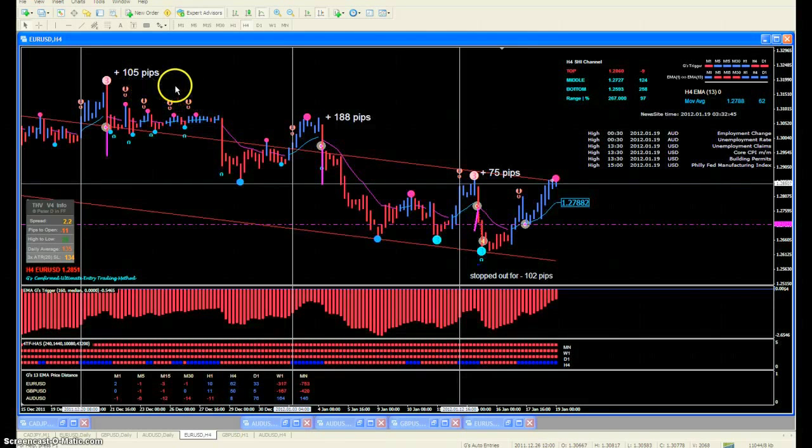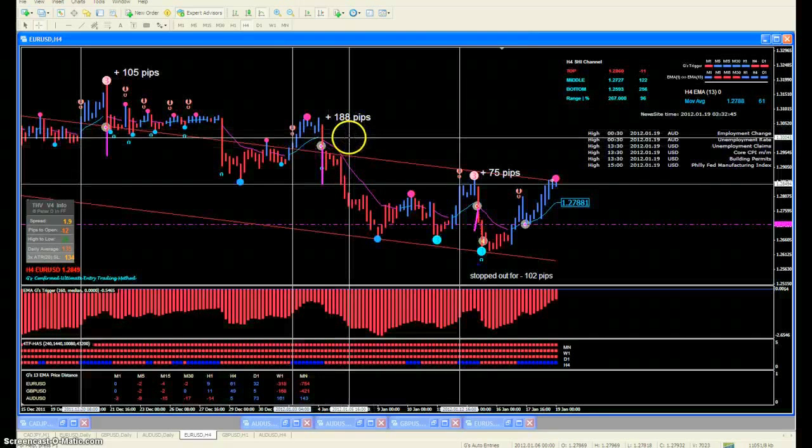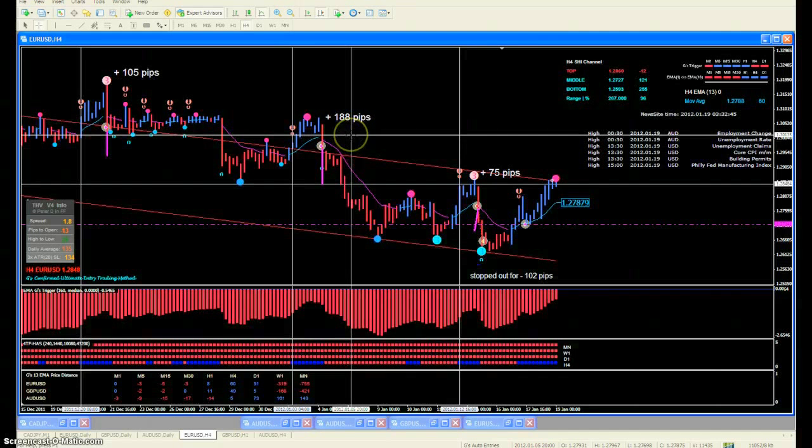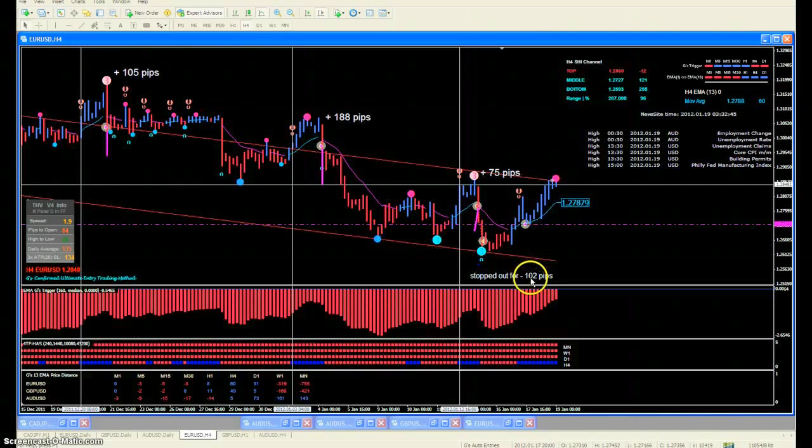These were the results of the trades based on the default settings of my expert advisor. 105 pips here back on the 22nd. Well, this trade actually started from the 21st. It ultimately led to a profit of 105 pips without intervention. This was just the EA managing the trade and entering the trade from start to finish. Same situation here. This was a profit of 188 pips. And this last one here was a profit of 75 pips, and the stop out today was for negative 102